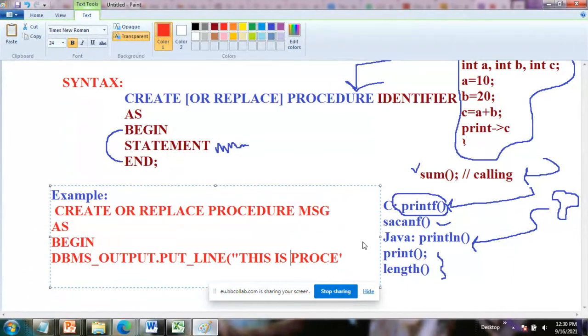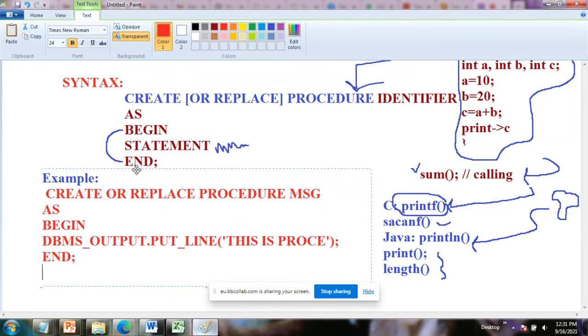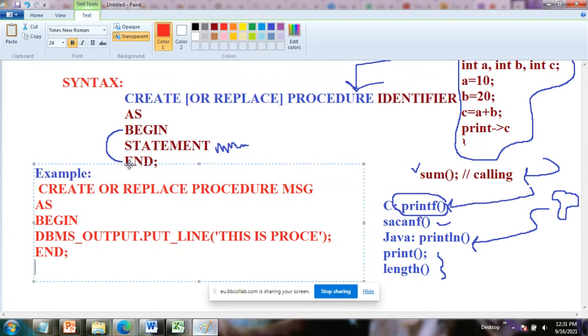There is no space, so I'm going to write it in this short form: procedure. Now you can end this. So your procedure is going to be created.